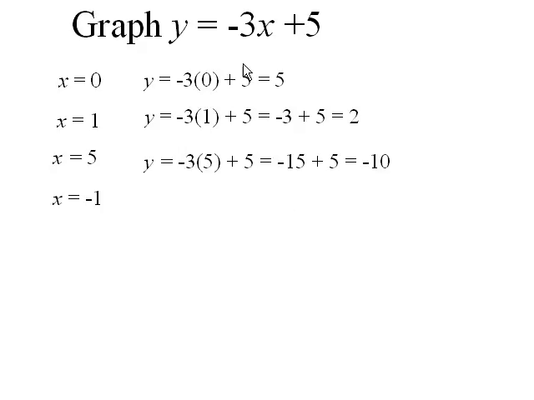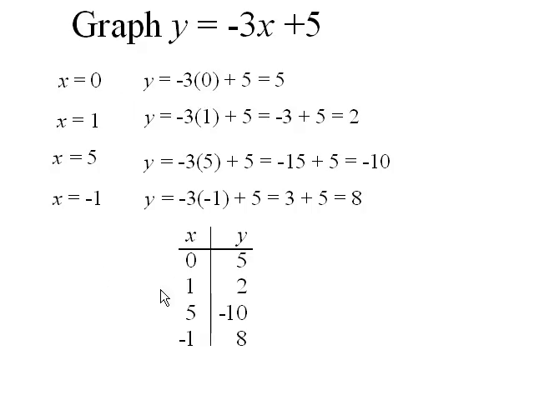And if x happened to be minus 1, then minus 3 times minus 1, minus times a minus is plus, so plus 3, and then 5 added gives 8. So what we've got is a set of numbers, just trying to plug in different numerical values for x to see what comes out for y, and what happens is something you could summarize in a table. So this is a tabular form for the relation between x and y summarized by this equation. So we've got it algebraically, we've got it in a table.